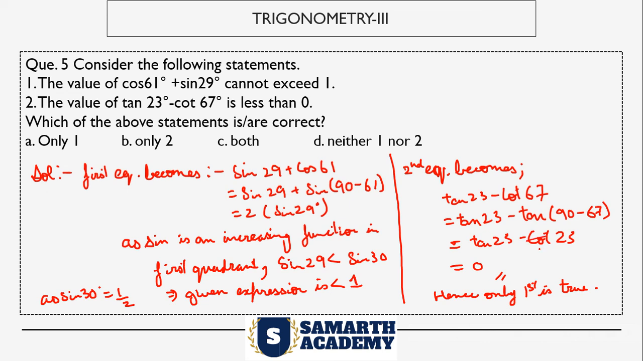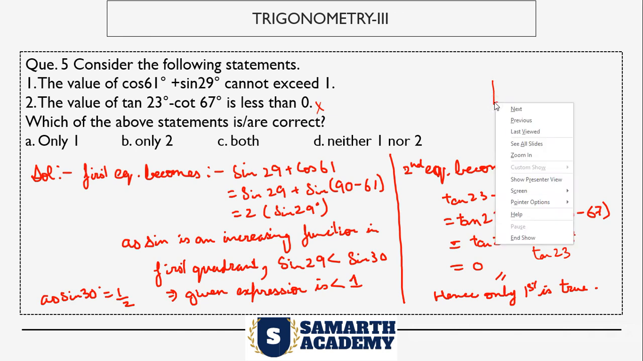So if we take this, it becomes tan 23 − tan 23, which is 0. So the second statement is definitely incorrect. But the first expression becomes 2 sin 29. Now sin 29 will be less than sin 30 because sin is an increasing function in the first quadrant. So it starts from 0 and moves up till